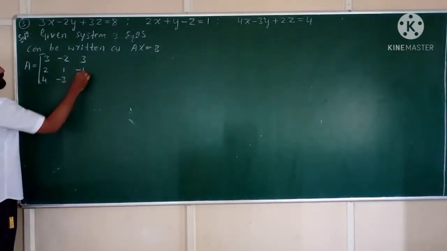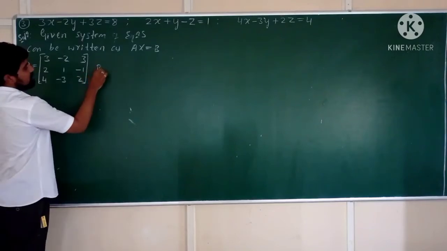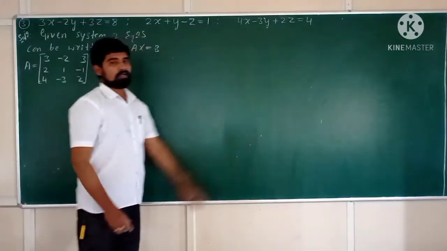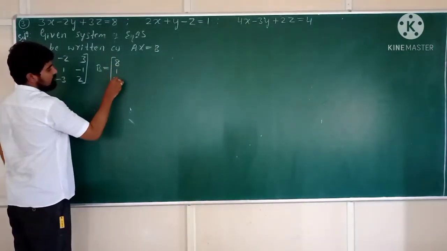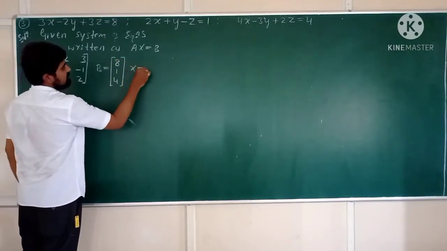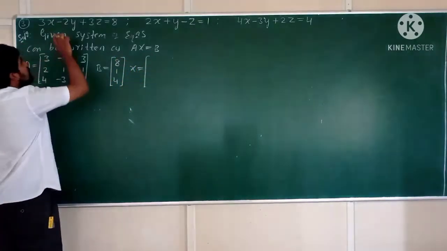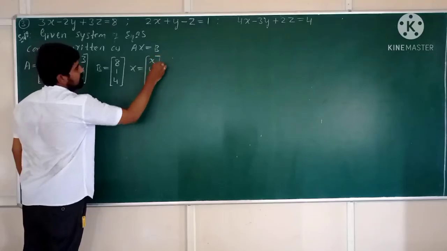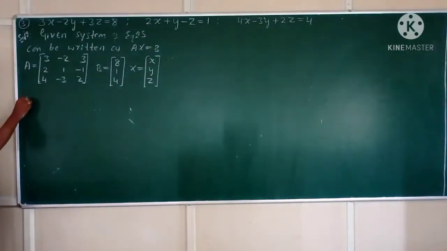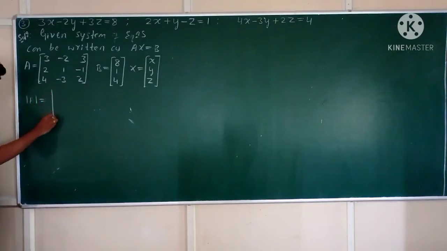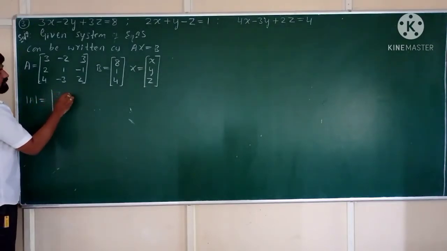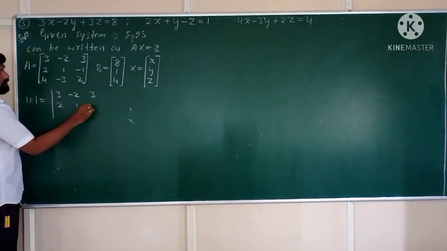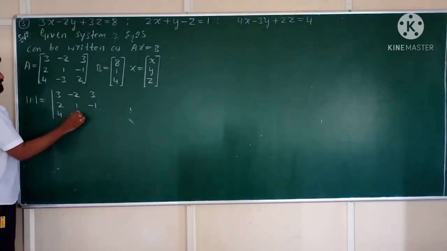and the matrix B is a column matrix which consists of the elements 8, 1, 4. And the matrix X is an unknown column matrix, and the elements of the matrix X are x, y and z. Now the determinant of matrix A is equal to the determinant of 3, minus 2, 3, 2, 1, minus 1, and 4, minus 3, 2,